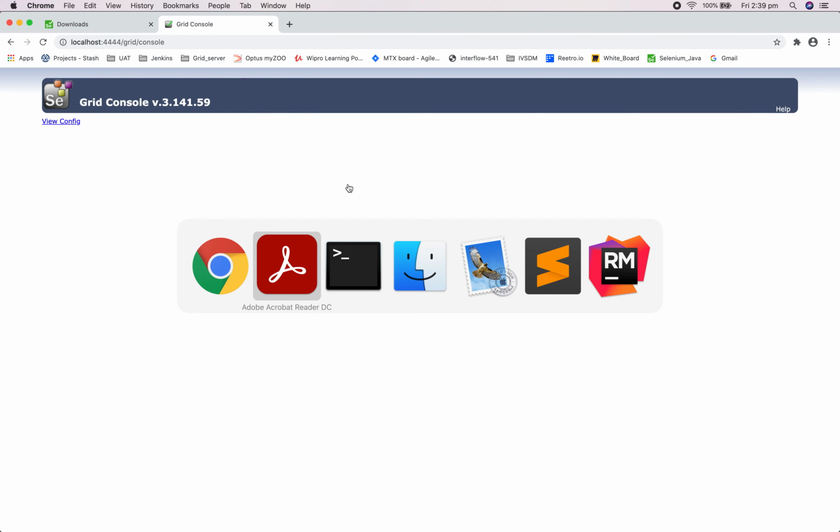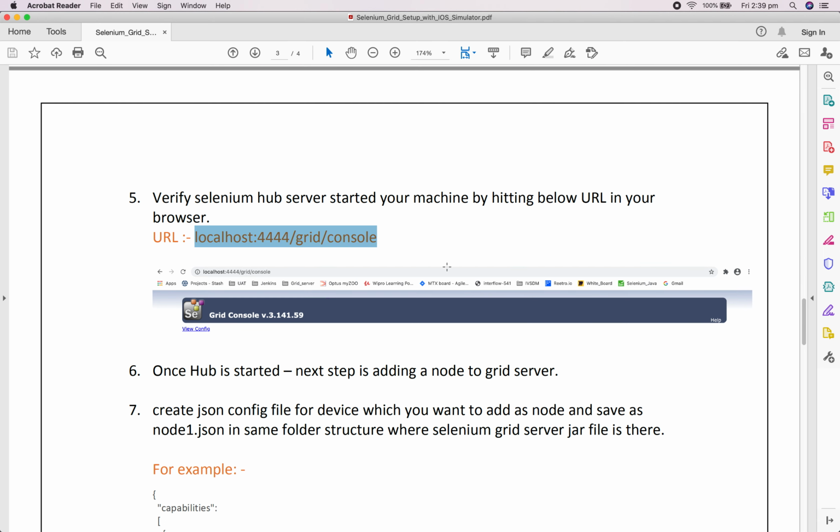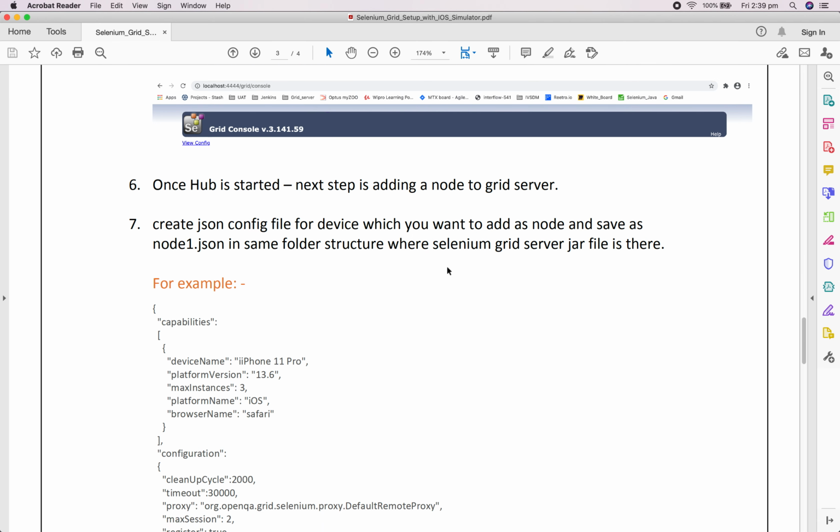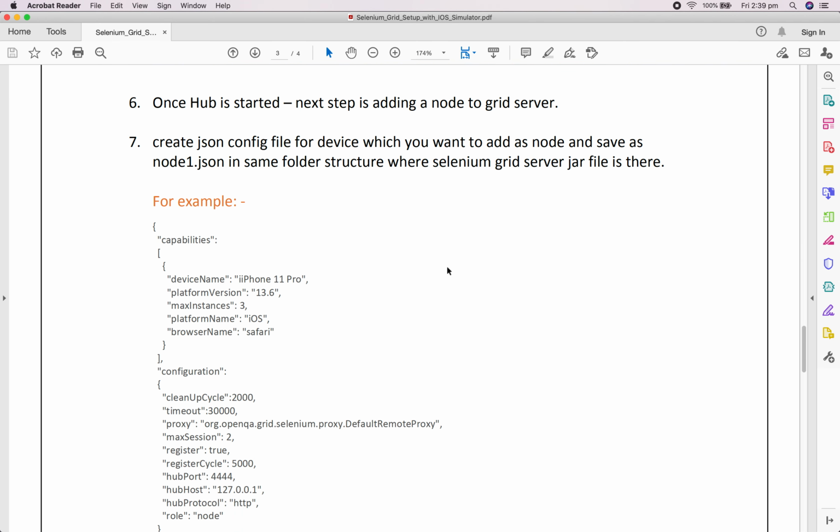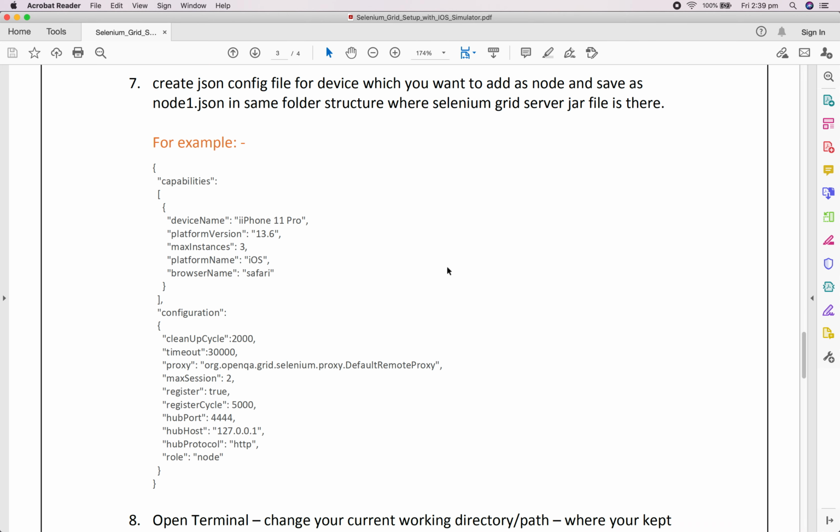Now the next step is we need to add the node, or register the node, to this hub. That is also very easy. You just need to follow these instructions. We need to create a JSON file. In this JSON file you will specify what kind of device you want to add to the node.